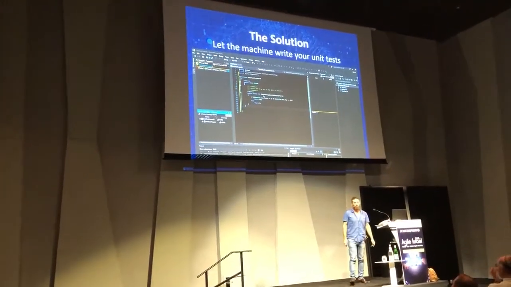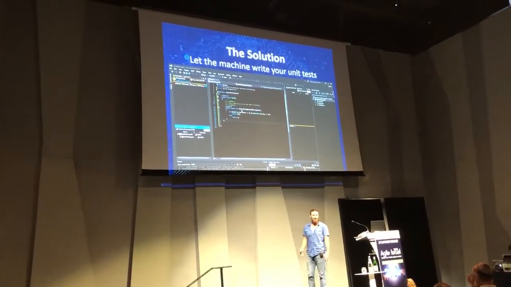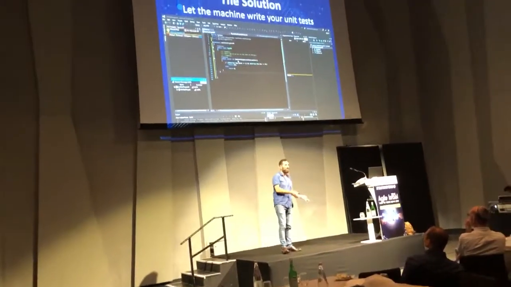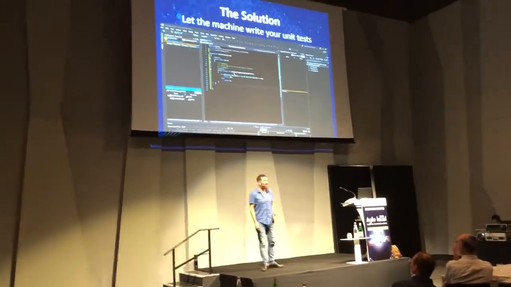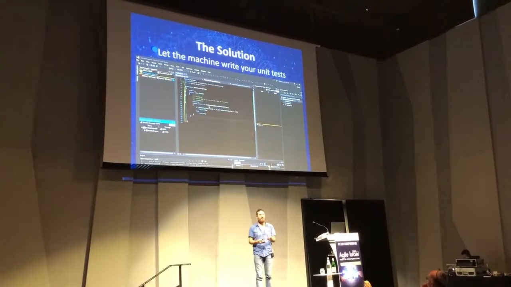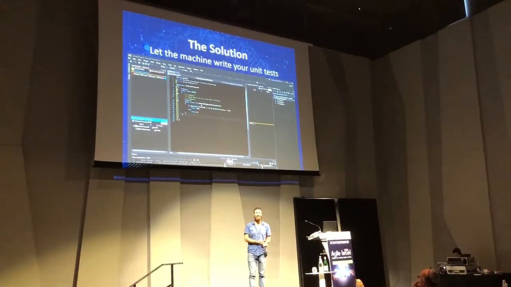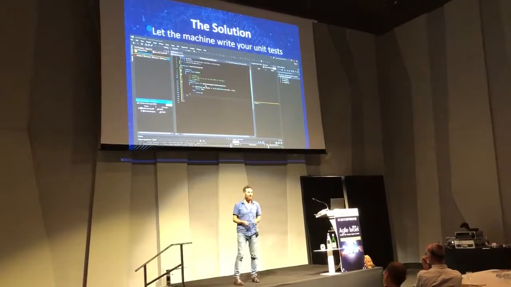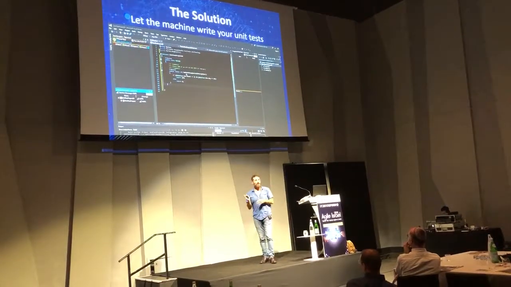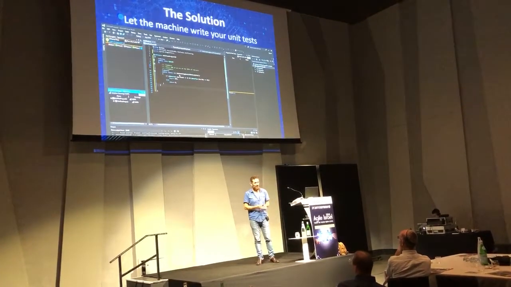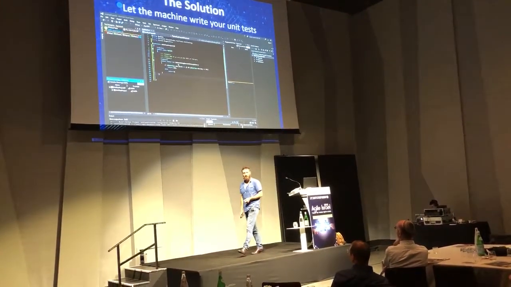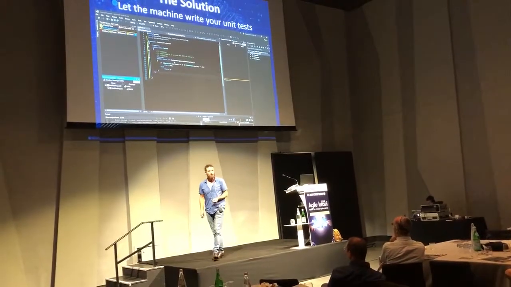Okay, but most code in the world is not covered by unit tests. You're going to go to a company and you're going to see that because of some kind of pressure or something that happened, you have no unit tests. And the developers don't want to write unit tests. It doesn't feel like something they can tell their friends at the bar: I covered my code with 20% unit tests this week. It doesn't feel right. So it's not really happening. Even though it's supposed to happen and it's a good way to do it, it's really hard to do. And today we have the technology to allow the computer to write these unit tests for you.